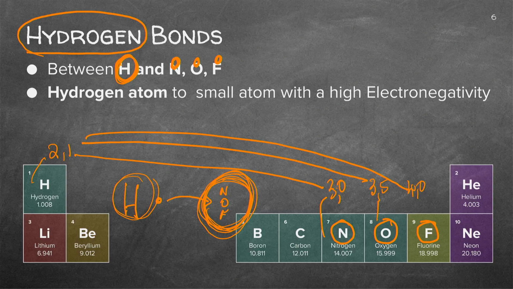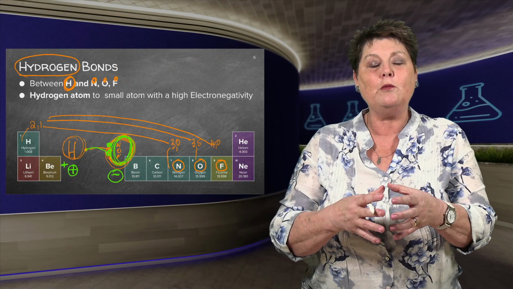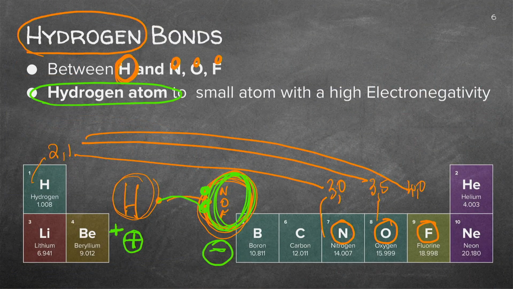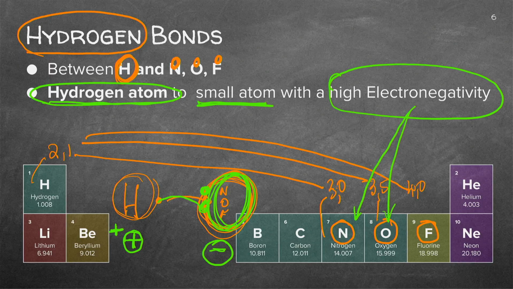Now, in that case, it's important to know that it's only the nucleus that remains here on the hydrogen, which means it's a very, very positive side, this side. And because that electron is more inclined to be orbiting around this, this will be a very negative side. It's a dipole, but it's a very strong dipole, and therefore we call it a hydrogen bond because the hydrogen atom is very small and it's got a high electronegativity, the nitrogen, the oxygen, and the fluorine. And they're very small, meaning it's very near to their nucleus.